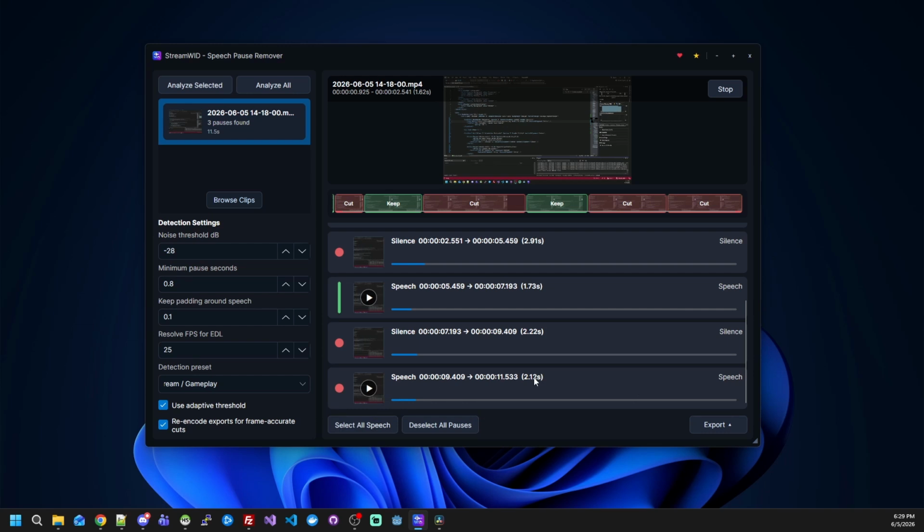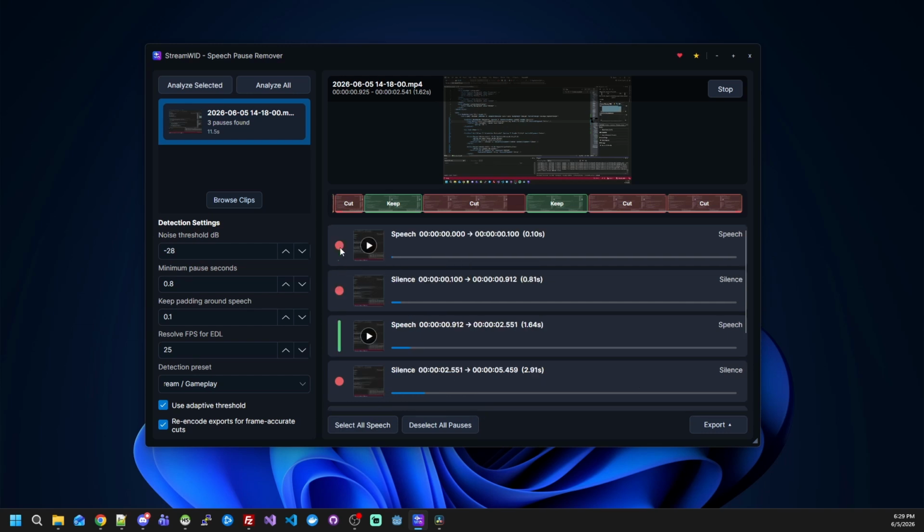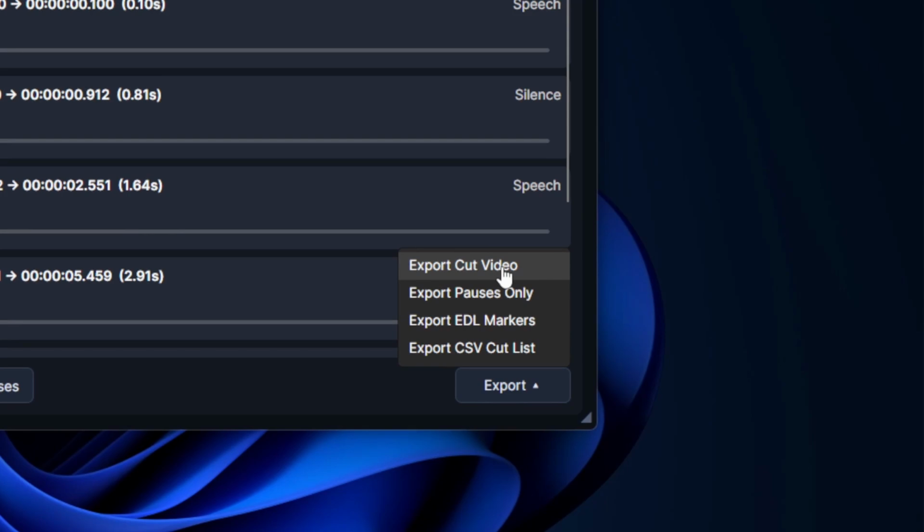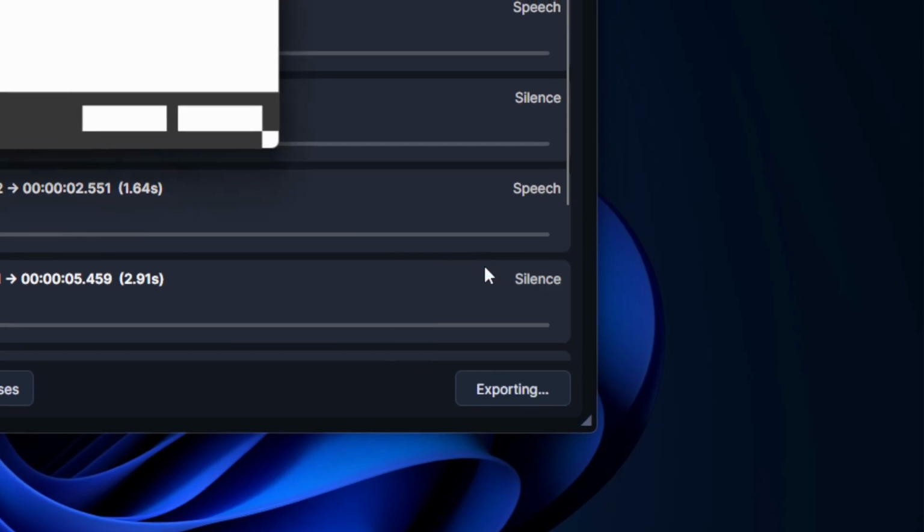So it was basically a pause of a couple milliseconds. Again, I don't want this first section to appear in my export, so I just remove it. Now, let's think about the export. Here we have different options. You can export the already cut video and upload it in your video editor. That's the most basic thing you can do. So if I just click on export,